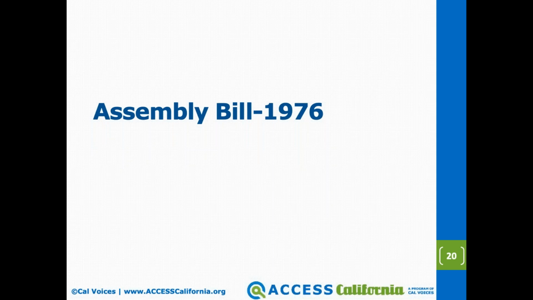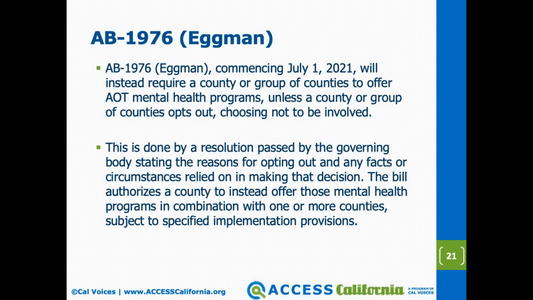So Assembly Bill AB 1976, which just passed, which is the Eggman Assembly Bill, says that commencing July 1st of this year, 2021, it will instead require a county or a group of counties to offer AOT mental health programs unless a county or a group chooses to opt out, choosing not to be involved. And this is done by a resolution passed by the governing body stating the reasons for opting out and any